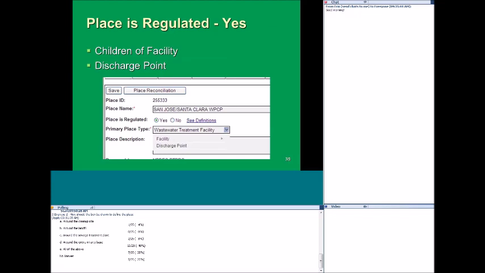If you select yes for place is regulated, you get all the options associated with facilities and children of facilities. Those are the ones we're focused on in this webinar, and they are the majority of the places entered into CWIC. We also put discharge points into this category. That is the lowest level for that path.